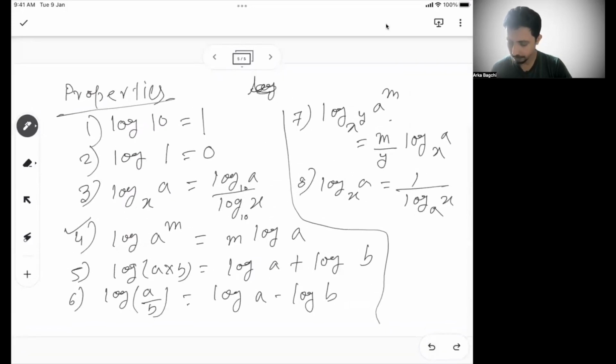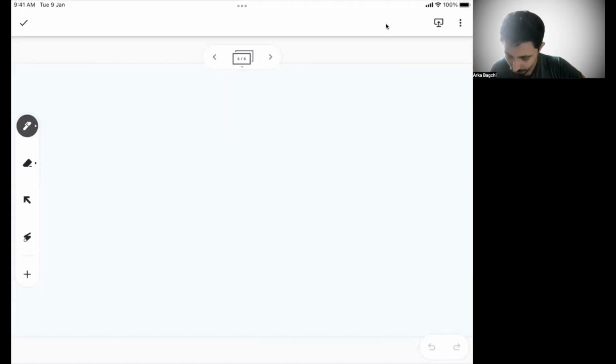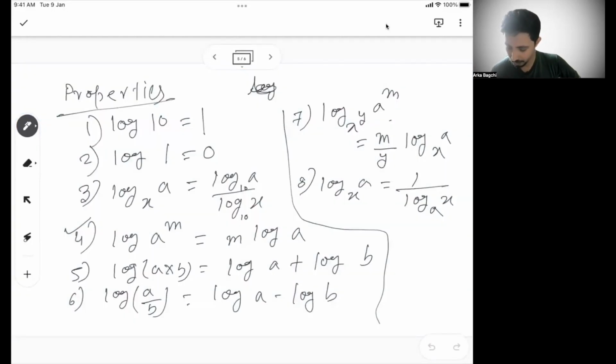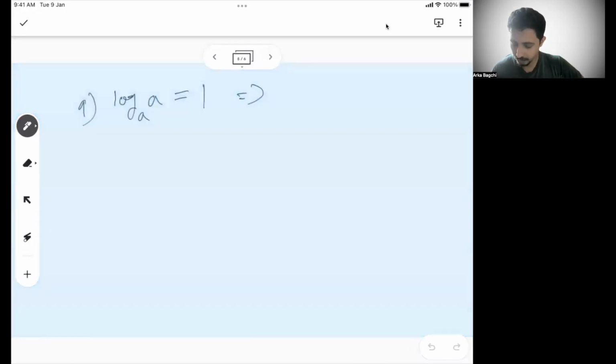Okay. Now there are a few more formulas. Remember, one is, I'll go to the next one. Then there is log of a, and the base is also a. So in that case, this is 1. If you remember, in the previous one, we said log of a base x can be written as log of a by log of b. So here we can say log of a base a is equal to 1, right?